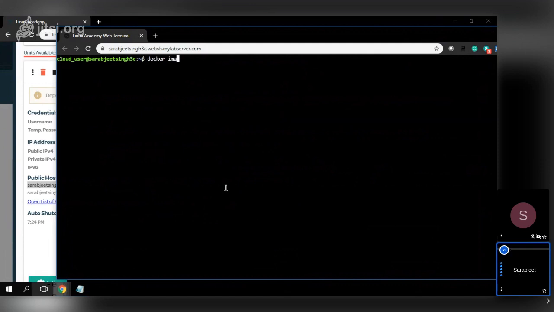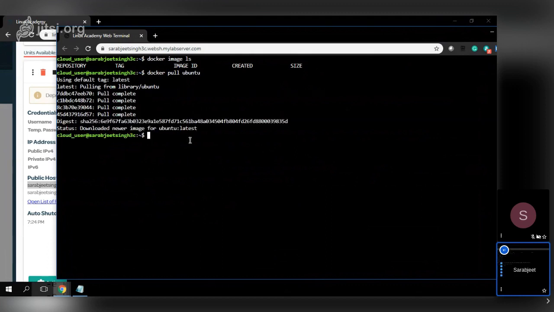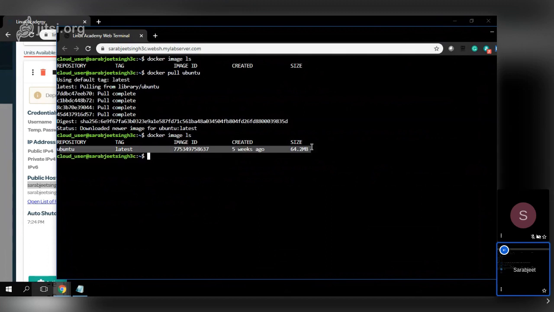So if I check for any image on this host, no. So let me just pull one image from hub.docker.com. So I am pulling Ubuntu. So it will pull the Ubuntu:latest image from hub.docker.com. So now we have this image. Now if I try to push this image,